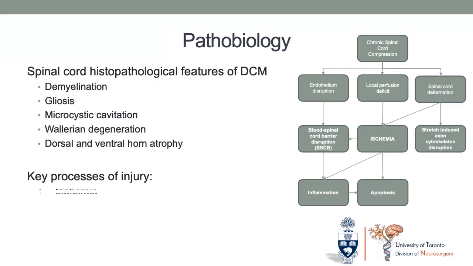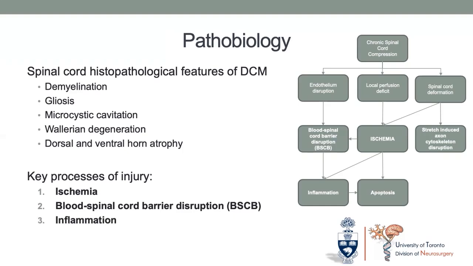Ischemia, in addition to compression onto the cord, induces endothelial disruption, which leads to compromise of the blood spinal cord barrier. And disruption of the blood spinal cord barrier, or BSCB, exacerbates microglial activation and macrophage infiltration into the cord parenchyma, leading to inflammation. And there has been much research being done to delineate these inflammatory pathways